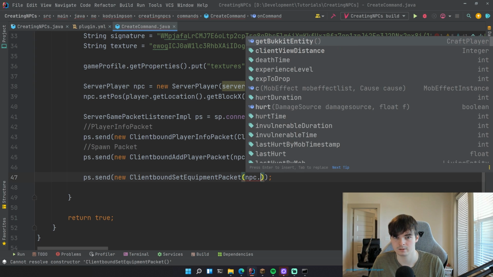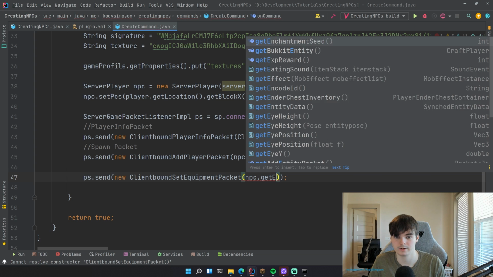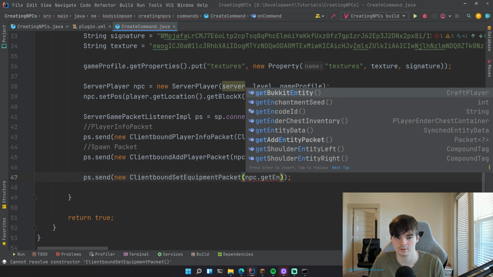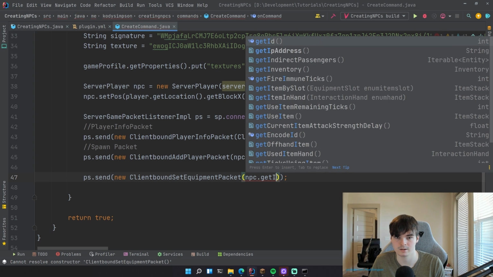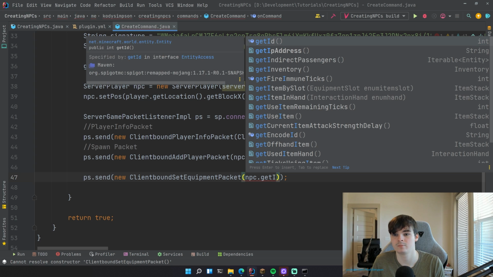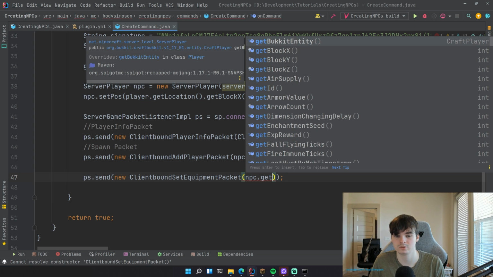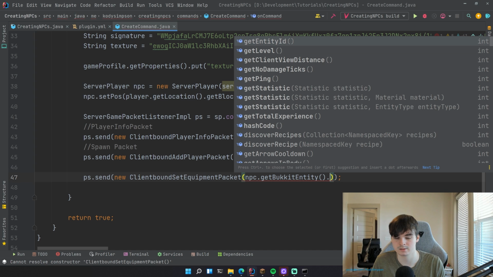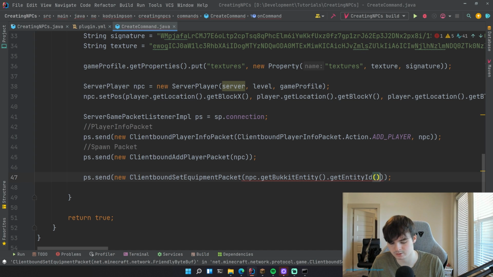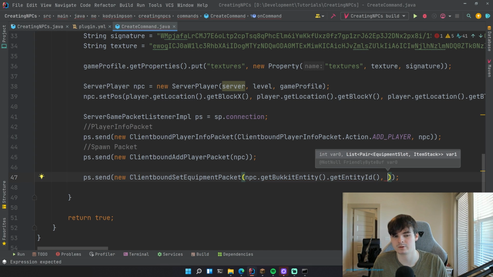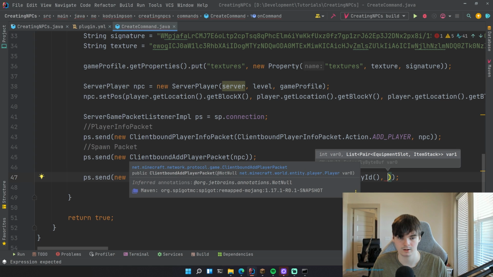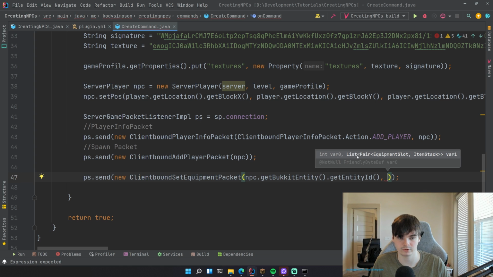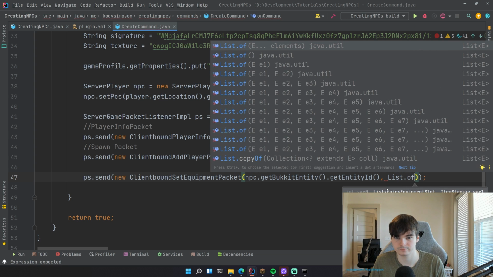npc.get entity ID. Get ID. That would probably give it, but I'm not certain. So what you could do is get bukkit entity from that, dot get entity ID. That's a really quick and easy way to do that, just to be sure, because the method names are more clear in this case. And then after that, for the list of pairs here, we can do list dot of,